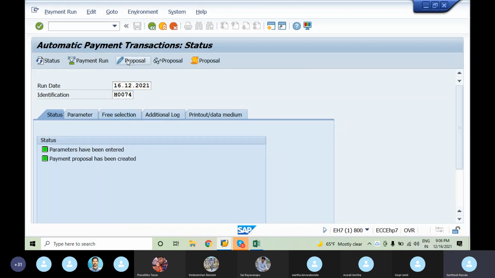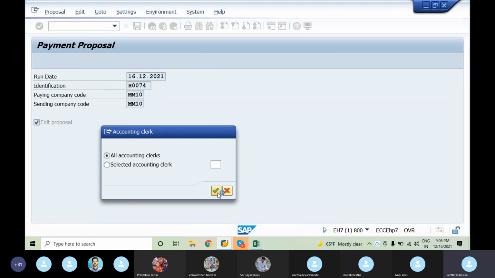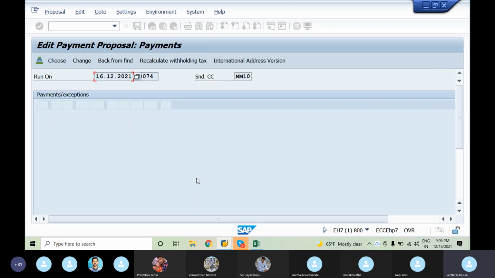Now, if you can see in the proposal, we can find the netted amount. Not done.